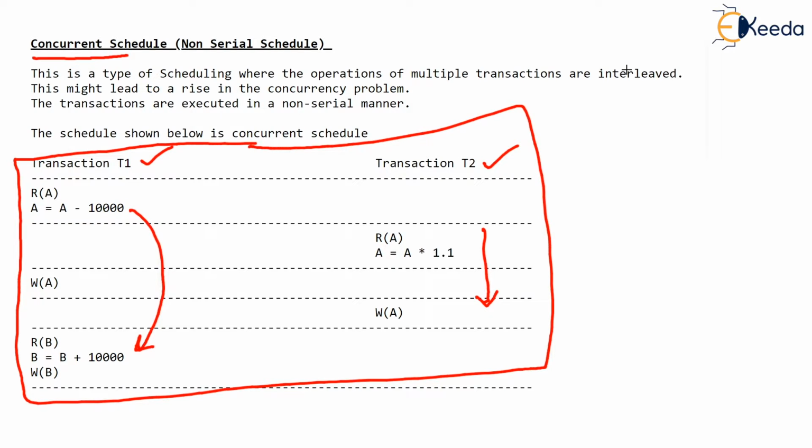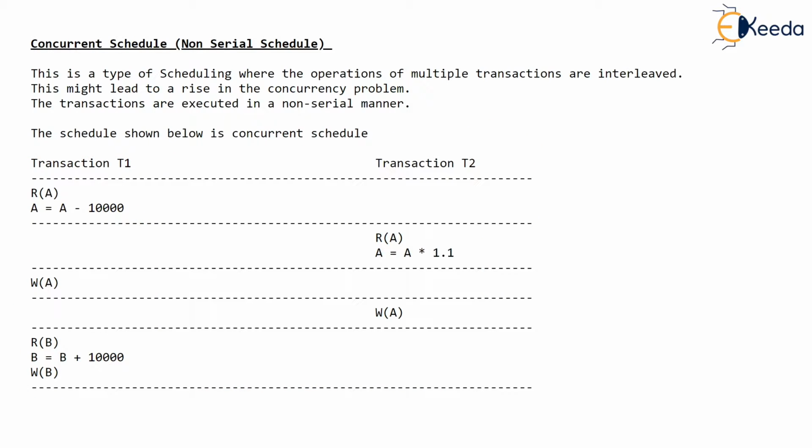And just check that the schedule we are looking at is in such a way that two operations of T1 execute, but then T1 preempts, giving a chance for T2 to execute. After two operations, T2 preempts, one operation of T1 runs, but it immediately preempts, giving a chance for T2, and this goes on. But don't come to any conclusion that this particular type of concurrent schedule will always be like this.